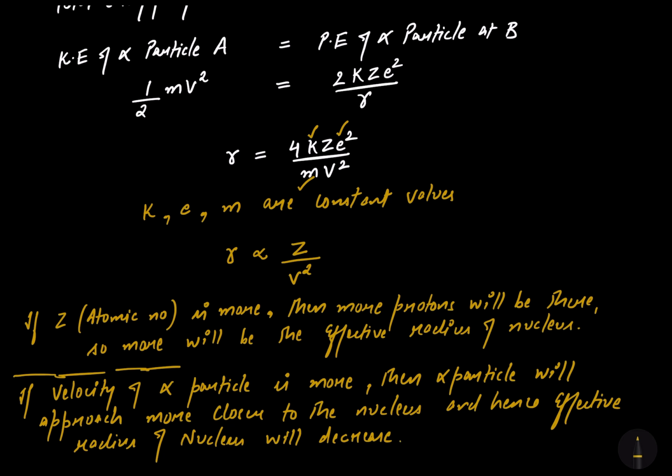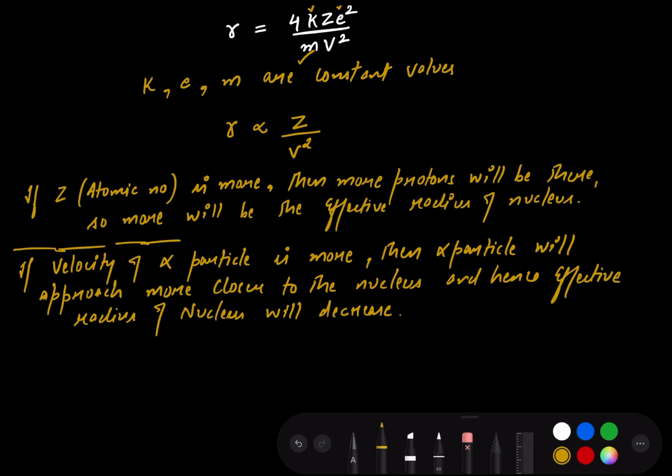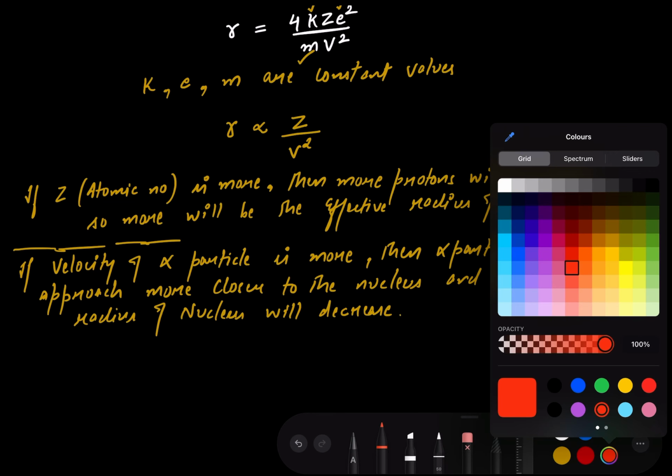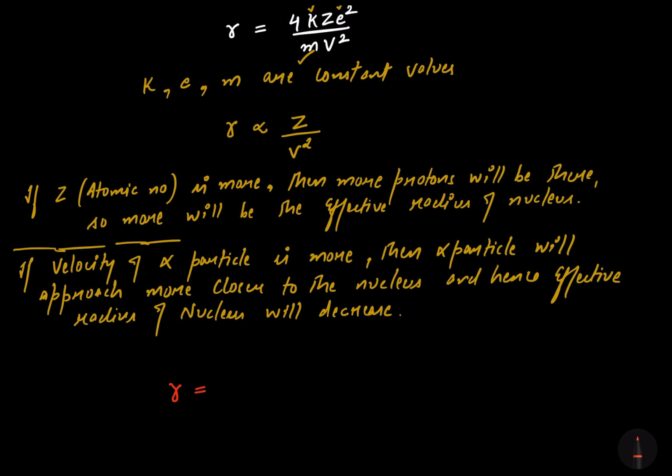Because the effective radius of nucleus is directly proportional to the atomic number and inversely proportional to the velocity of alpha particle by which that alpha particle is projected towards the nucleus. The more the velocity, the alpha particle will approach more closer to the nucleus, and hence the effective radius of nucleus will decrease. So that was my topic, in which I have finally found the formula for the effective radius of nucleus, which comes out to be 4kZe square divided by mv square,